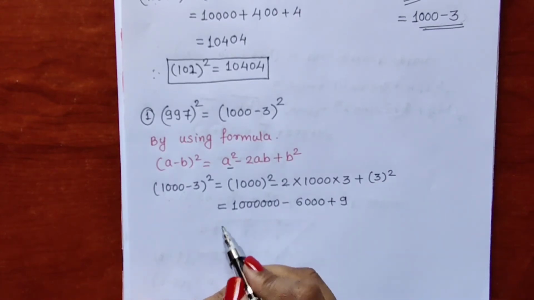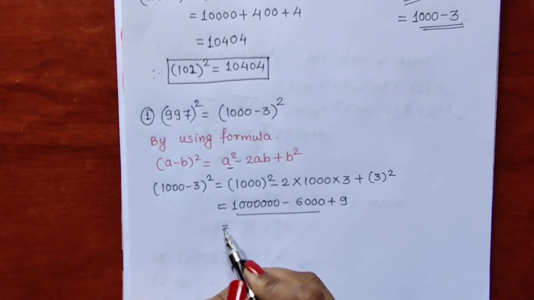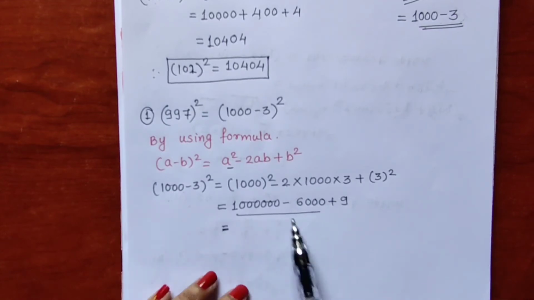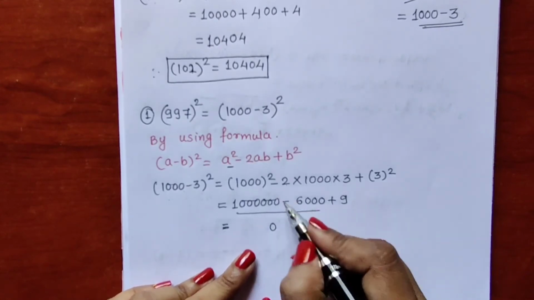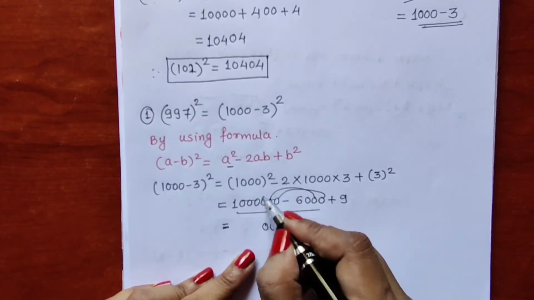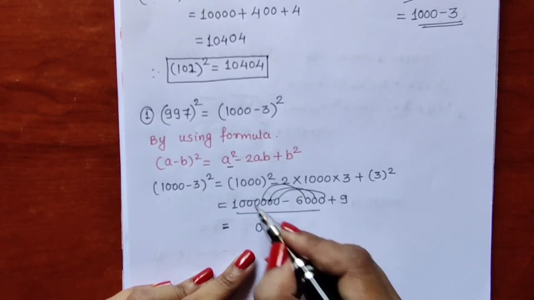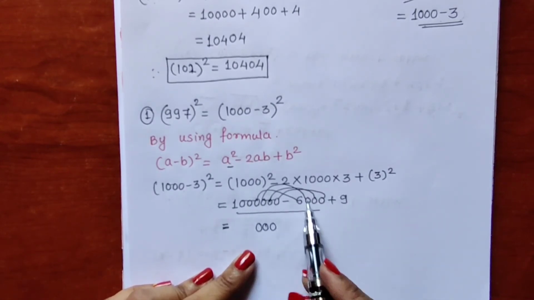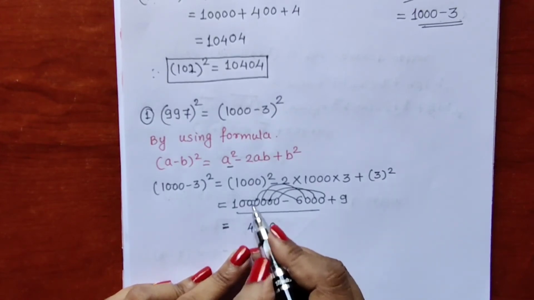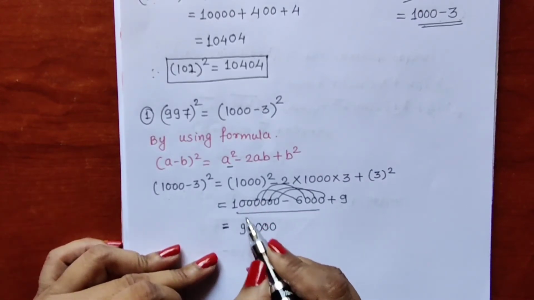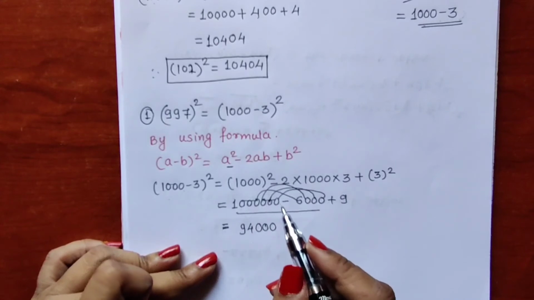Okay, now we will do the minus first, or we can do the addition. Addition means again minus is there, so we will do this minus. 0 minus 0 is 0. Then 0 minus 0 is 0. Then again 0 minus 0 is 0. Then 0 minus 6 is there, that means 10 minus 6. We have to borrow 1 from here. So 10 minus 6 is 4. Then 1 we have borrowed from here, so we are getting 9. Again we have to borrow 1. Correct? 9 minus 0.